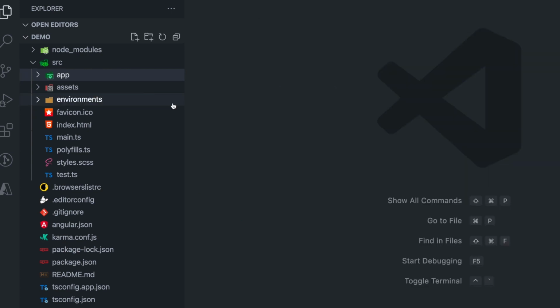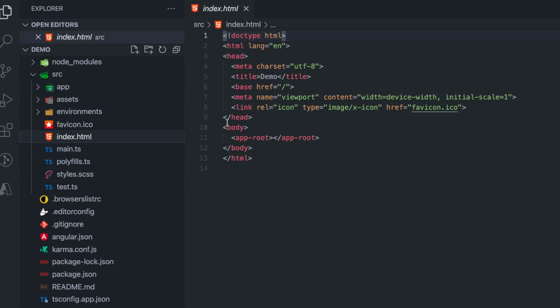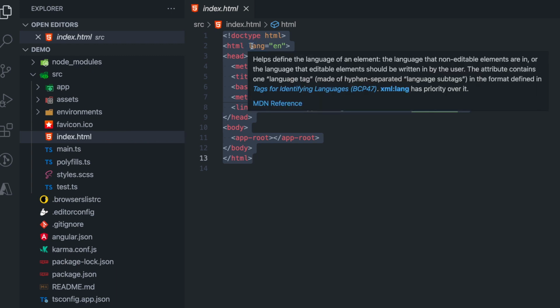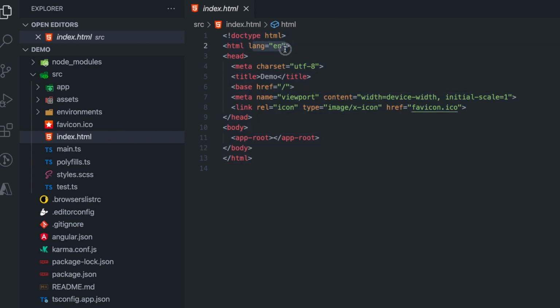Now after it has opened up, the file which was opened does not matter for us for now. We can run this project, which we saw in the last video, but we are not going to do that. What we are going to do is try to understand what HTML is as a part of Angular. In Angular, HTML is already written. Whenever you created the project, as you have done in the last video, HTML is already created. And as you can see, there are a few attributes which are already added, like language is already written as English. EN means English, LANG means language. So there is extra information which has already been added as a part of HTML.